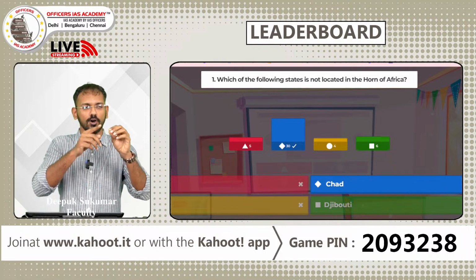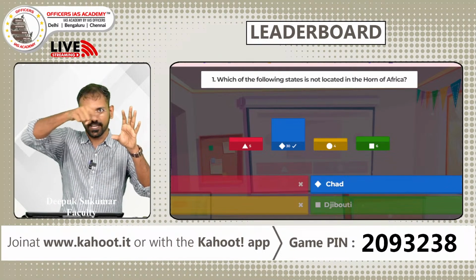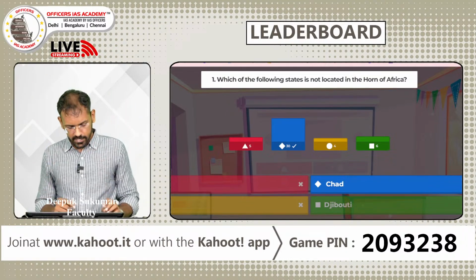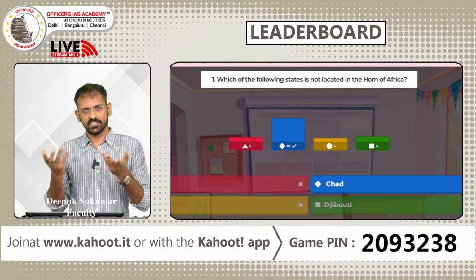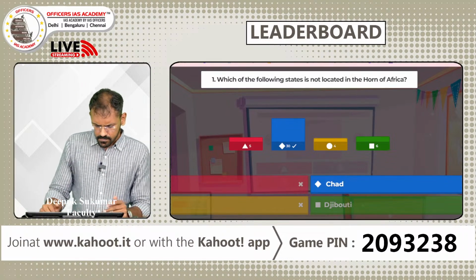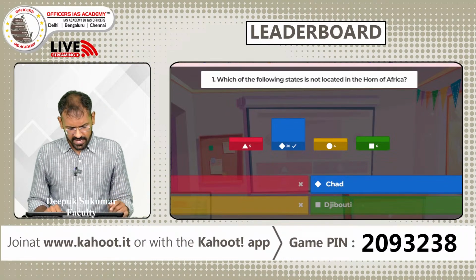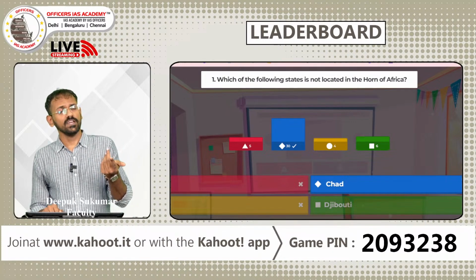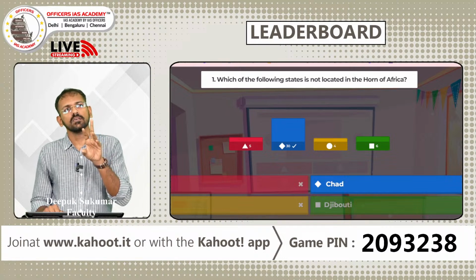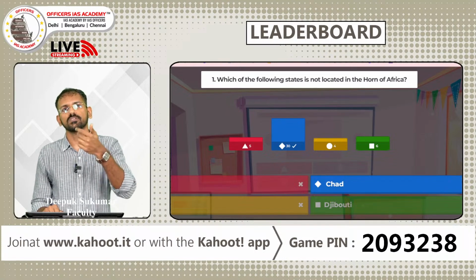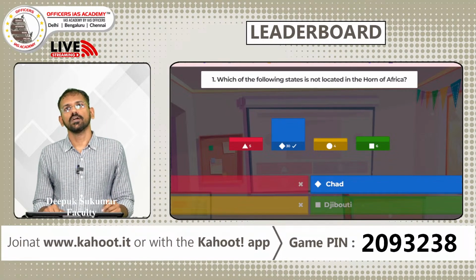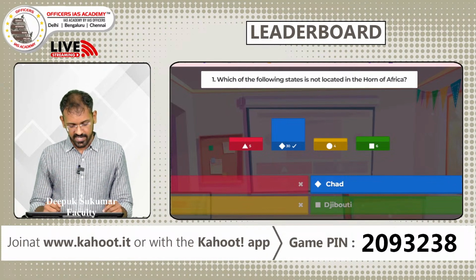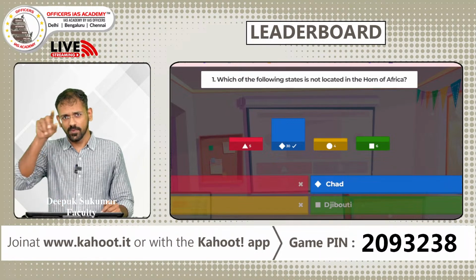This Horn of Africa is called the Horn of Africa because it looks like a horn, very close to the Arabian Peninsula, right? So it's a choke point. The countries in this region that you call the Horn of Africa are Eritrea, Djibouti, Somalia, and when such topics are very important, it's better to remember these countries using some kind of acronym. For example, you can remember it as SEED: Somalia, Eritrea, Ethiopia, Djibouti.